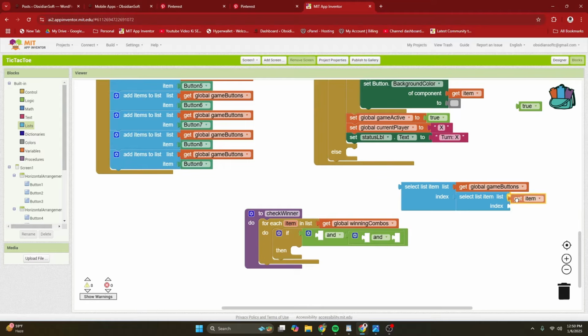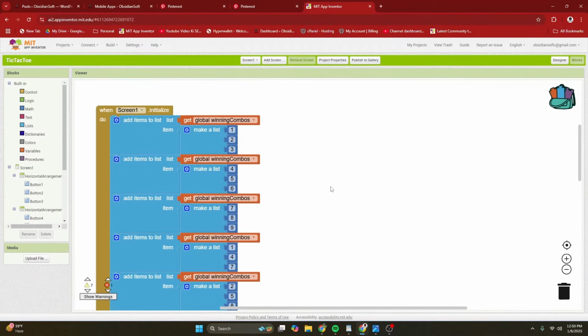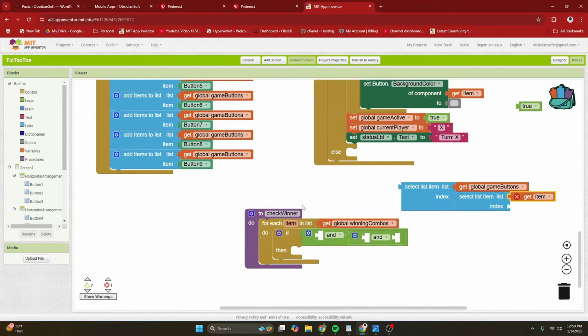So this is actually a list. Each item in the winning combos is a list that contains an index at slot 1, slot 2, slot 3. So don't be confused by 1, 2, 3. Have a look at this one. So at slot 1 we have 4, at slot 2 we have 5, at slot 3 we have 6, and that is a winning combination. So we will be checking for each slot. So the first one,